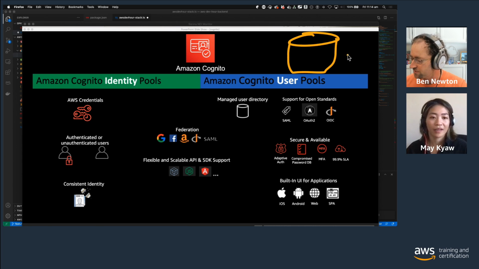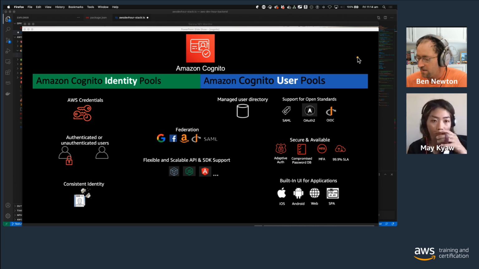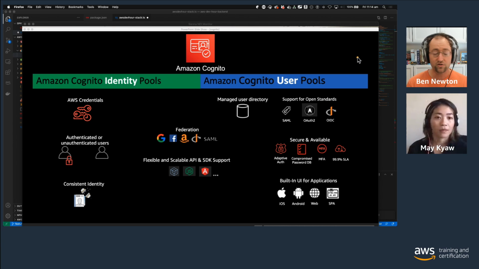And so user pools is your own IDP. It's essentially a user directory that you can use for your application to manage all of those components for you as a service, so that you can rely on AWS to scale that for you, and focus on your business logic in your application that's important to providing the value to customers, and leave the security components